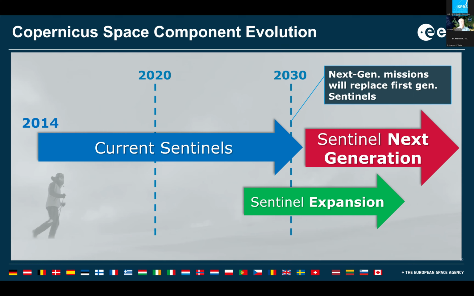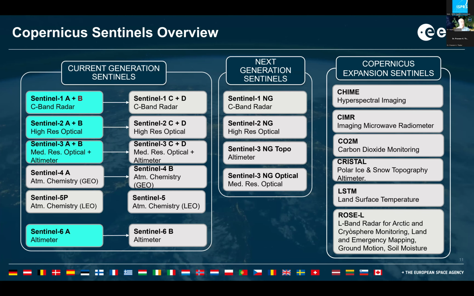So this shows all of the Sentinels together. At the left, we have the current generation Sentinels. We have pairs of satellites currently in orbit for the blue highlighted missions. And there's an A and B satellite which are operating in parallel to acquire global coverage. We'll be launching very soon the C and the D units of the first generation, and they will be followed